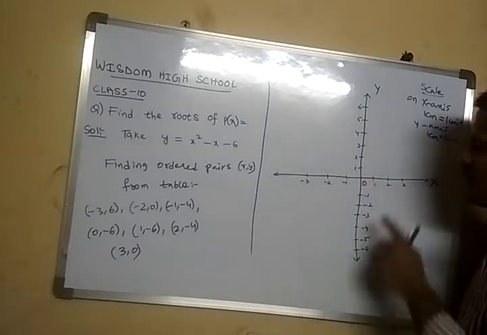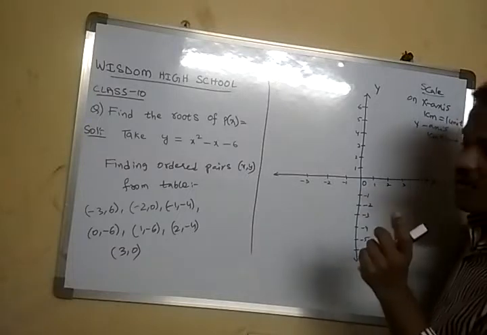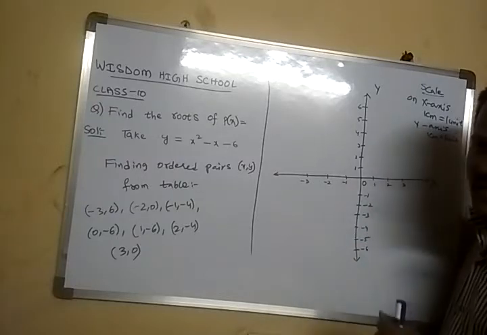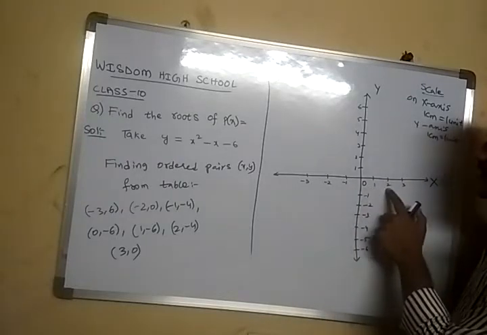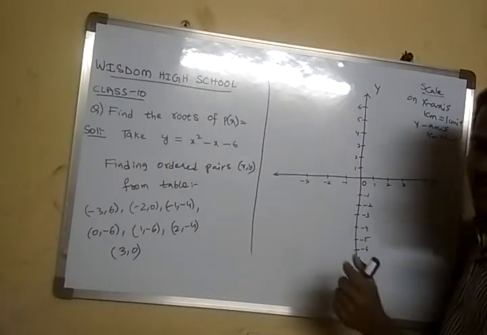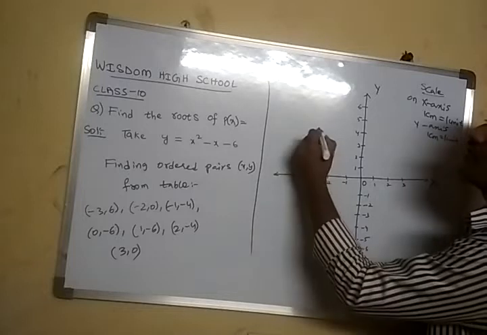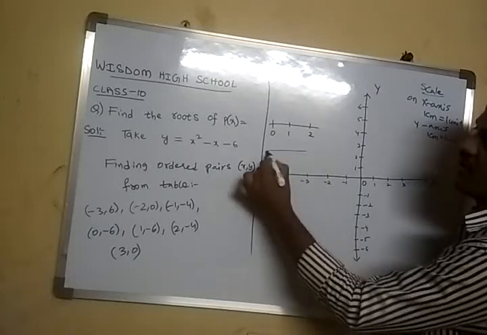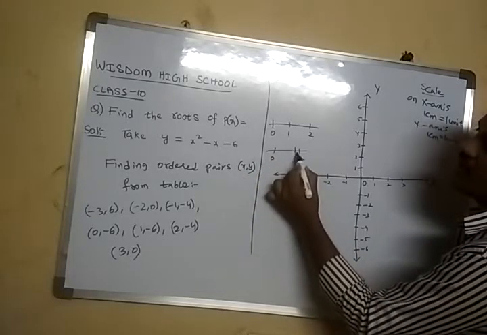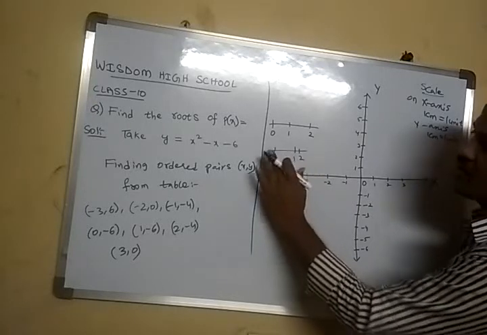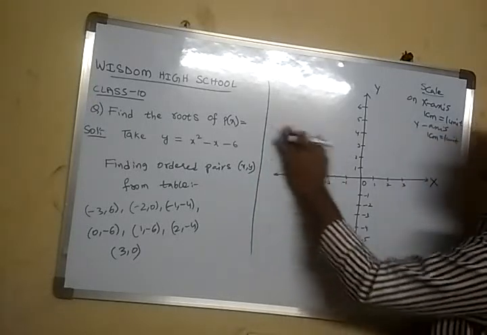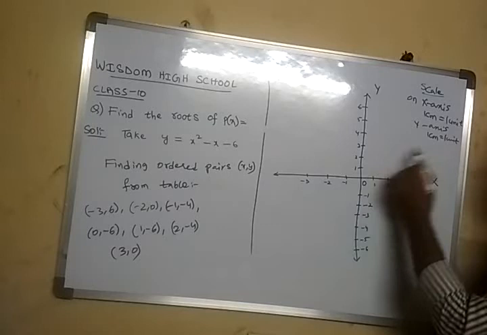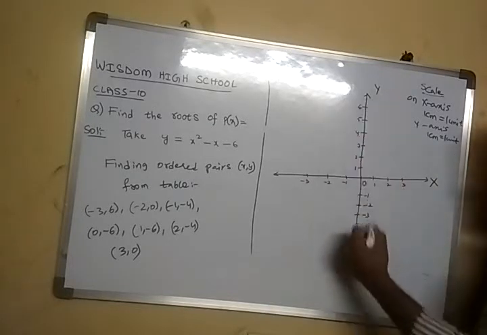I am explaining on the board, and if you do not have graph paper, no problem. You can draw as it is, how I am explaining here, and the distance of each unit should be equal. Okay, you should not plot in this form. Suppose it is 0, 1, 2, it is okay, uniform distance. If you take 0, 1, 2 closer here and wider there, you should not. The scale should be uniform. Okay, so after taking a uniform scale, on the y-axis also I have taken 1 centimeter as 1 unit, so I have taken everything in this form.